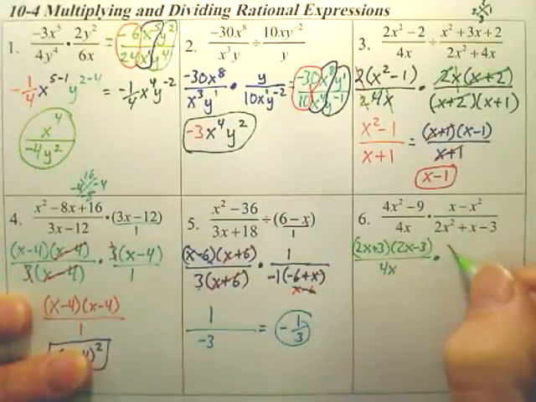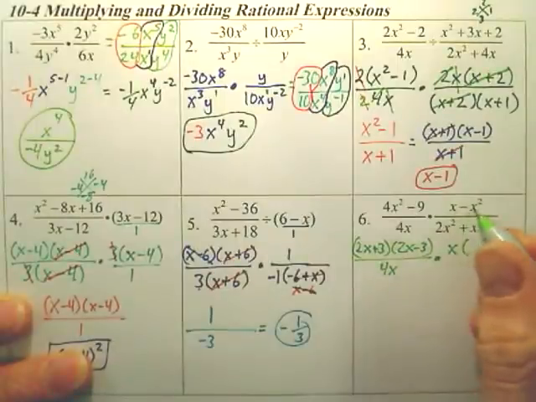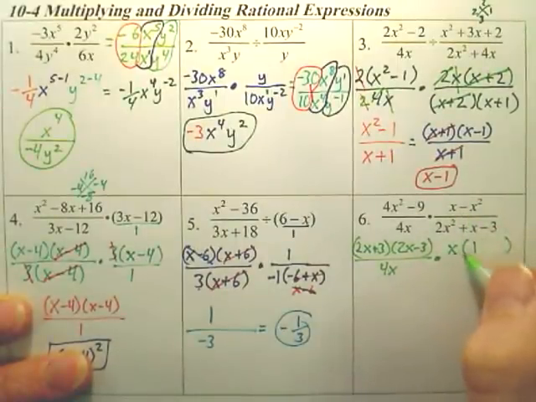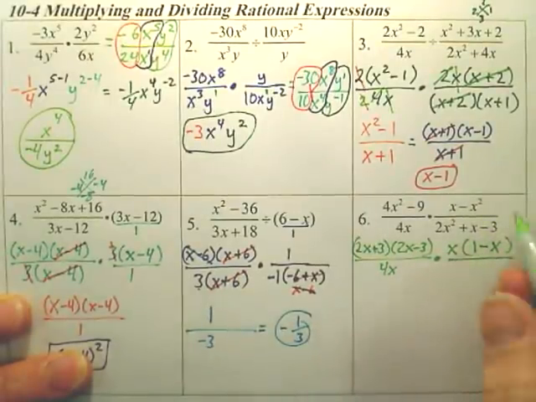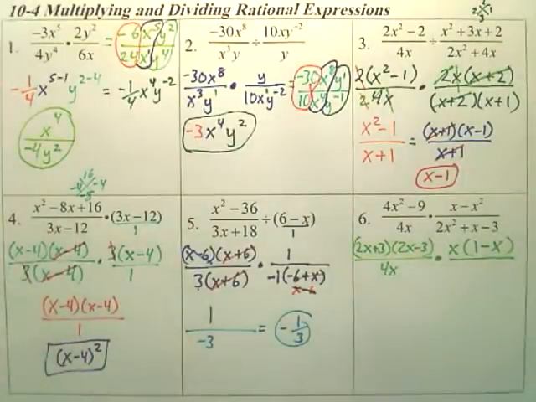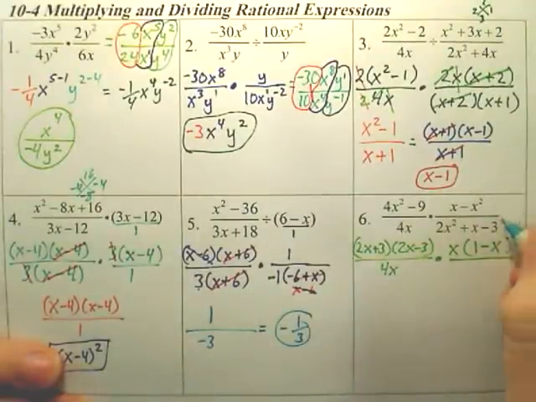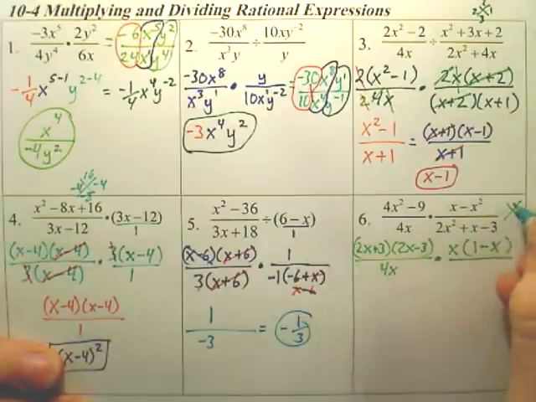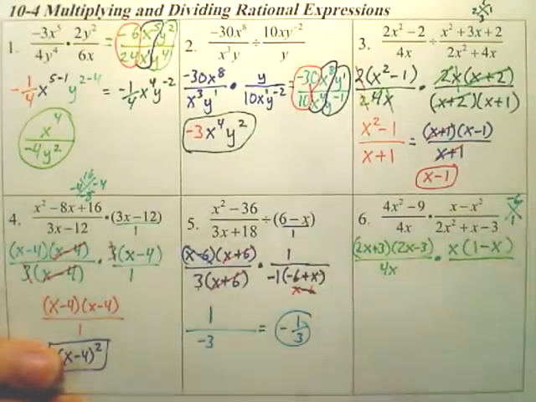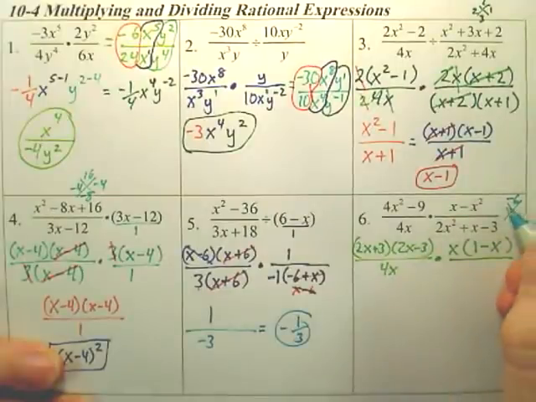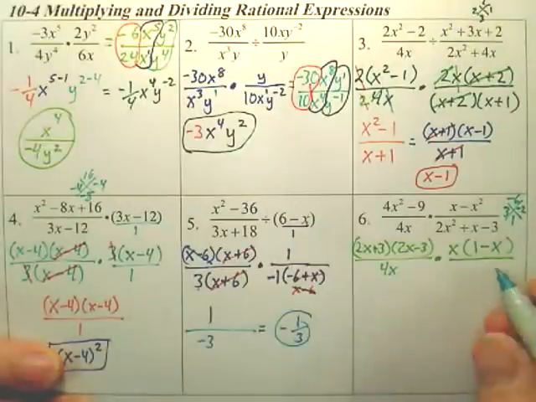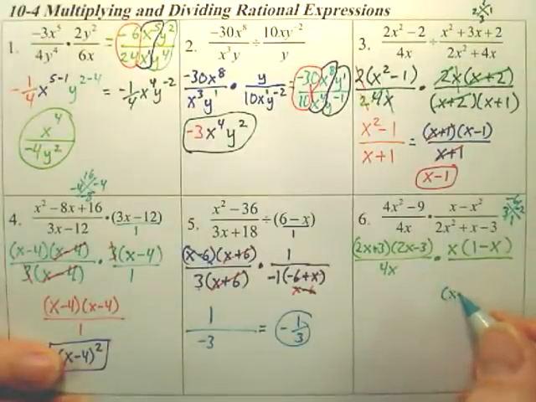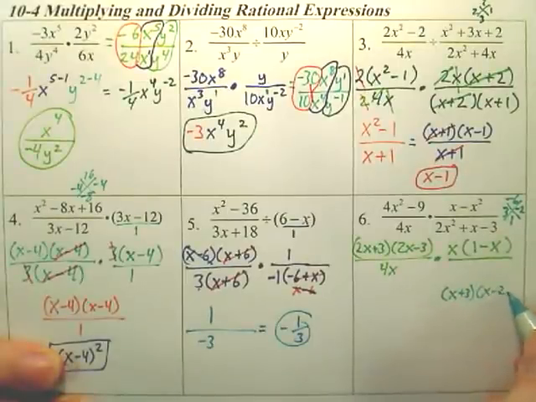Looks like here I could pull an x out. When I pull an x out, I'm left with x times 1 is x, x times x, or negative x. The bottom here, we're going to have to factor that. Ooh, that's an ugly factoring. Let's see here. To factor this one, looks like we have 2 times negative 3 is negative 6. 1 on the bottom. Looks like 3 and negative 2. So to get that, you're going to end up doing what? x plus 3, x minus 2,